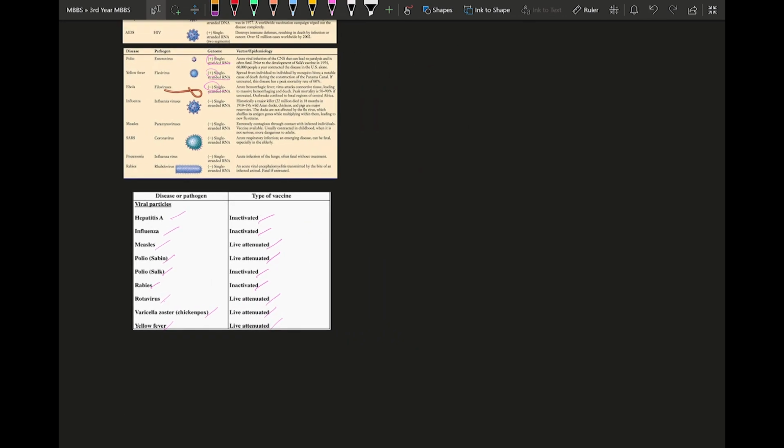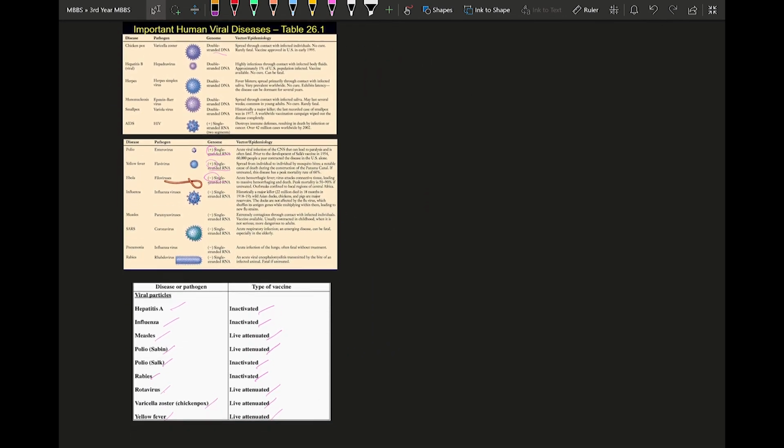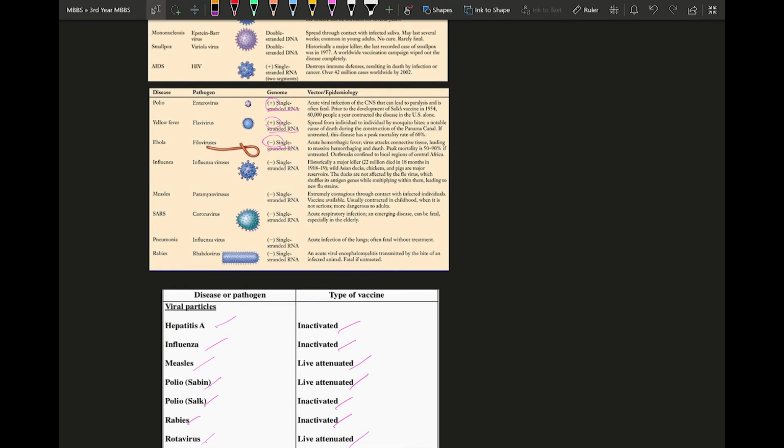Usually you don't have very effective treatments for viral diseases. There are a few antiviral drugs, but most of them don't work on many viruses because of changes in genetic makeup and the different strains of viruses present. This would be the basic introduction to the various viral diseases which you need to focus upon. In the upcoming videos, we'll look at the most important viral diseases, how they are transmitted, what kind of genetic material they contain, and the important features with respect to prevention and control of these viral diseases.